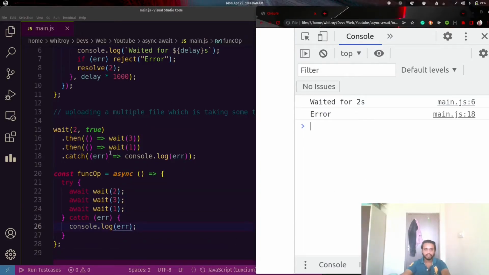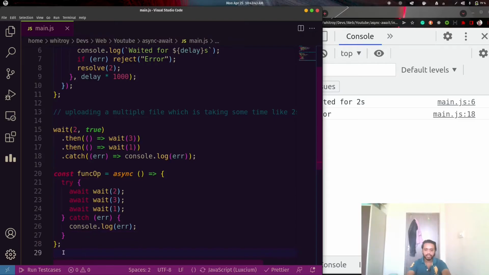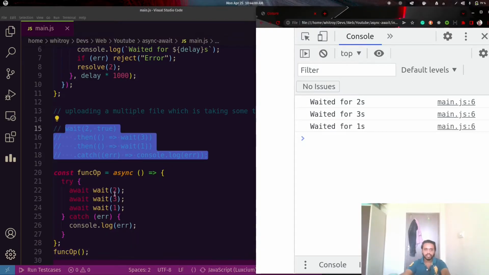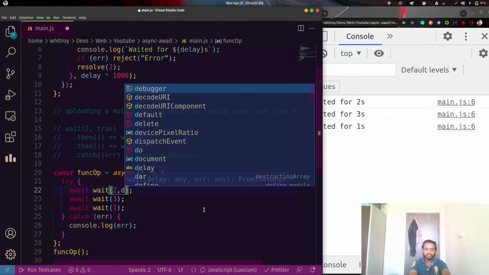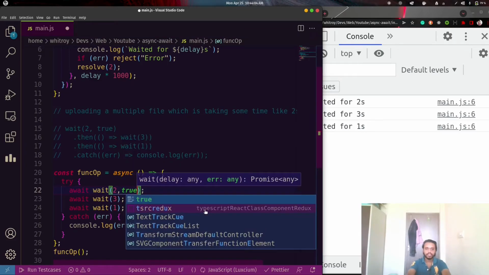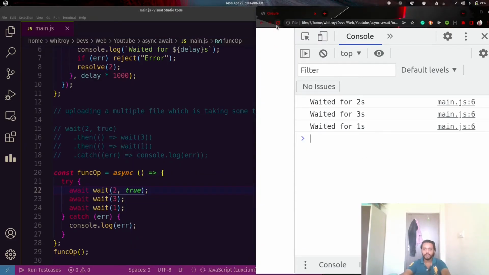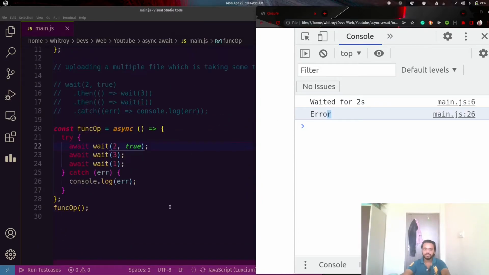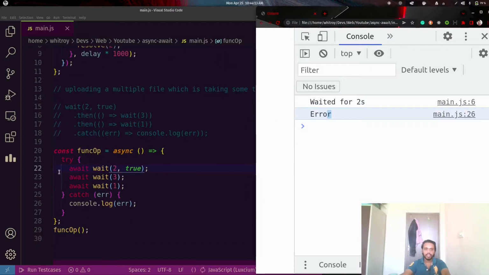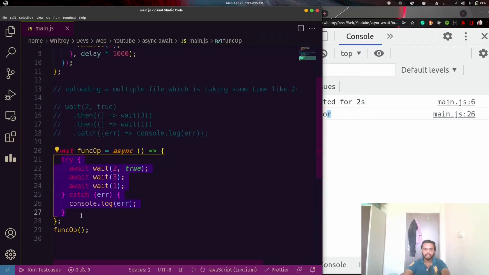You can check it now that the error is occurring. So it is working the same as this, and now we can also handle errors in async await.